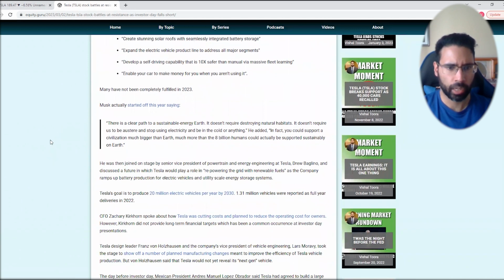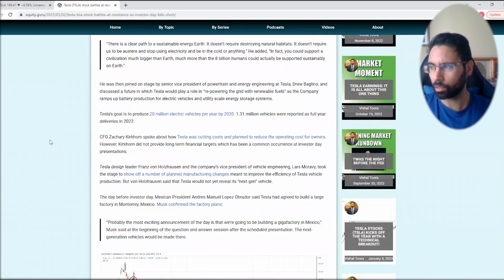Musk talked about the new gigafactory that he wants to open up in Mexico. Tesla wants to produce 20 million electric vehicles per year by 2030. They've produced 1.31 million vehicles for the full year in 2022, so still quite a lot of room to go. They definitely have to pick up on that production and perhaps build more